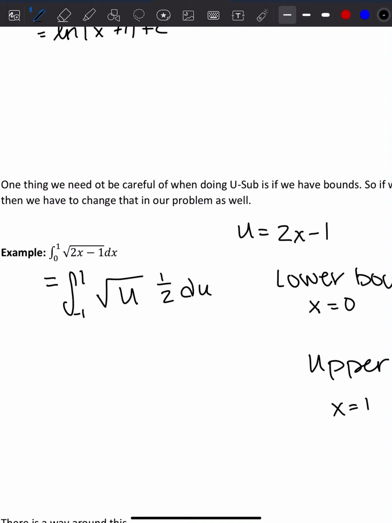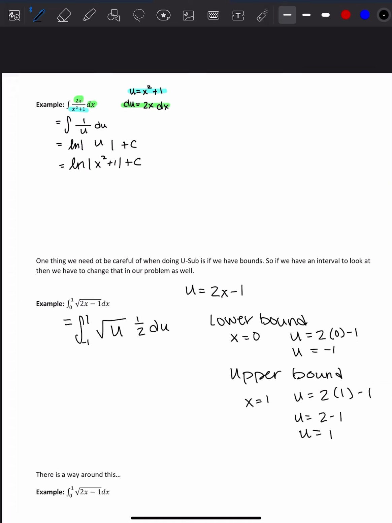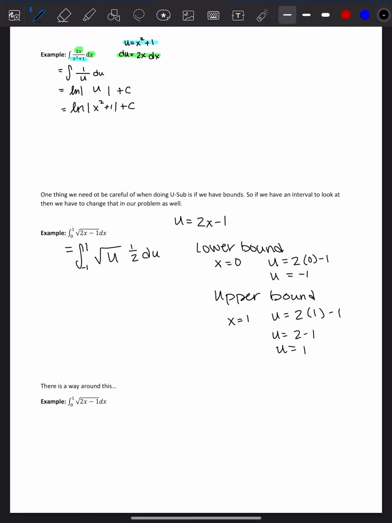So when we do the integral of the square root of 2x minus 1 dx, we're going to look between 0 and 1. That same exact function to give us our area is going to be the integral from negative 1 to 1 of the square root of u times 1/2. Those give us the same thing. So if we change it and we set it equal to, we have to change the bounds. There is one way around this, and that is